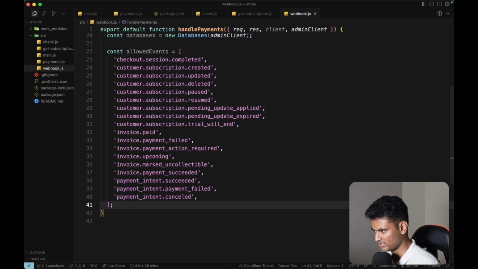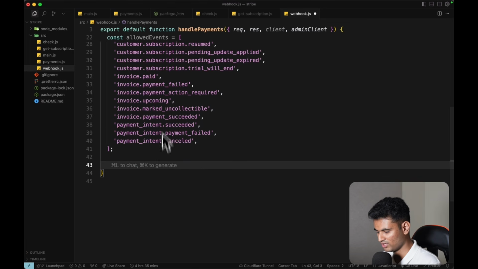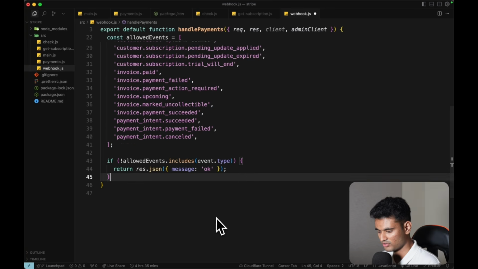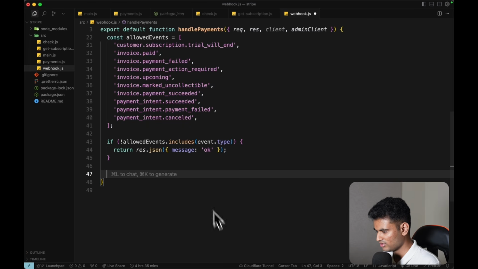We need to keep track of these events. And right away, if we are getting an event which is not from any of these, we are just gonna respond with okay. Like, we are not gonna do anything with it. Thanks for sending the event. The next thing we need is to check the Stripe customer ID for that specific